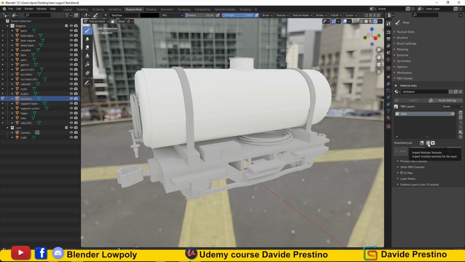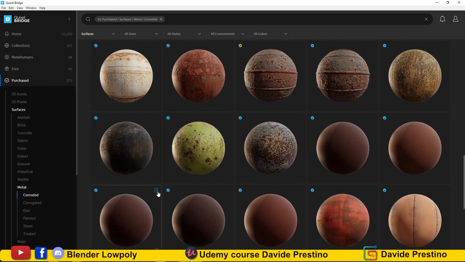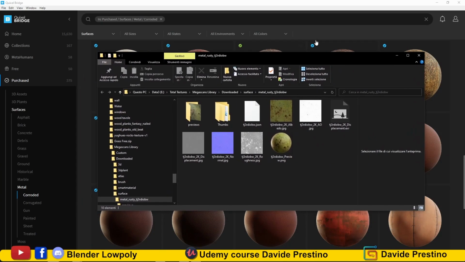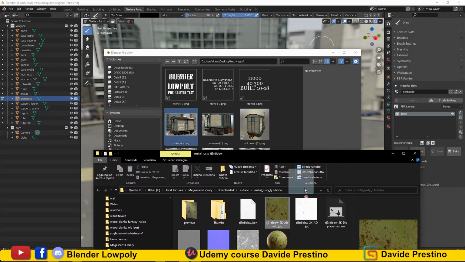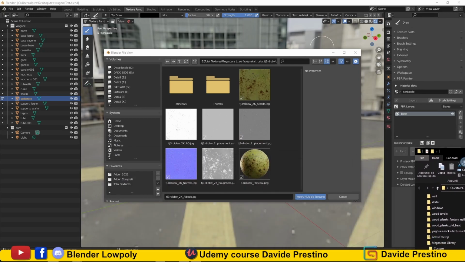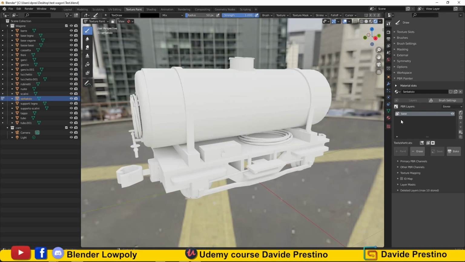We press the command to load the textures. From Quixel Bridge, we choose the material we want to use and open the destination folder of the material. Quixel gives us the possibility to download the material directly in Blender, but I haven't done a test yet to see if PBR Painter loads it for me. In an upcoming video I will test and let you know. We choose the rust green metal sheet material. With the right mouse button I open the destination folder. I drag and drop the textures, and select the textures I need: albedo, ambient occlusion, normal and roughness. PBR Painter will create all the necessary channels.